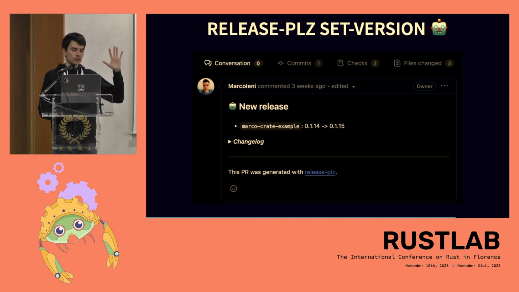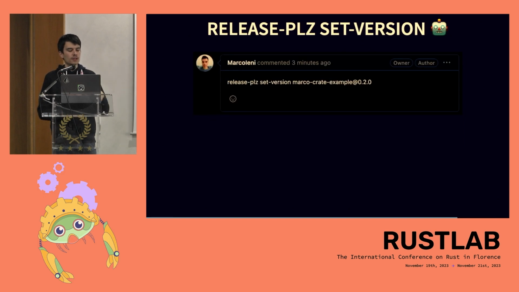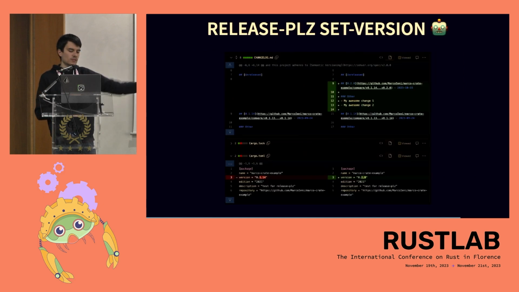So what I want is to add a release-plz set version command that you just say to a GitHub command, so release-plz set version create and then action. And yeah, instead of bumping to the version it thinks is the right one, it bumps to the version you want,